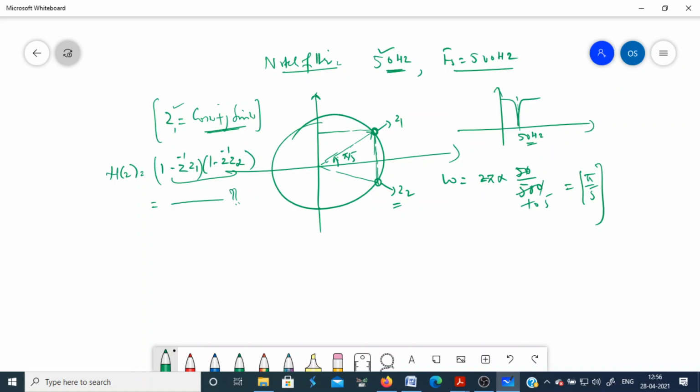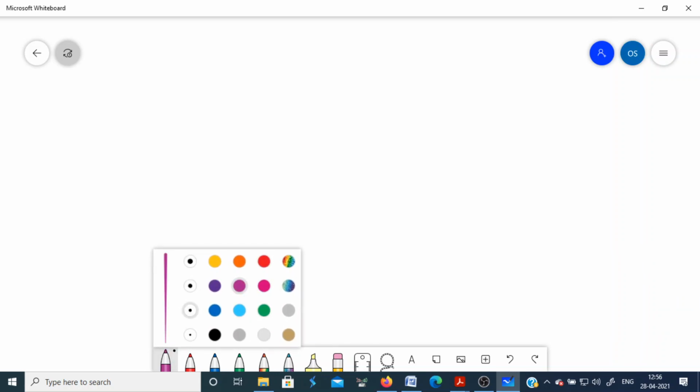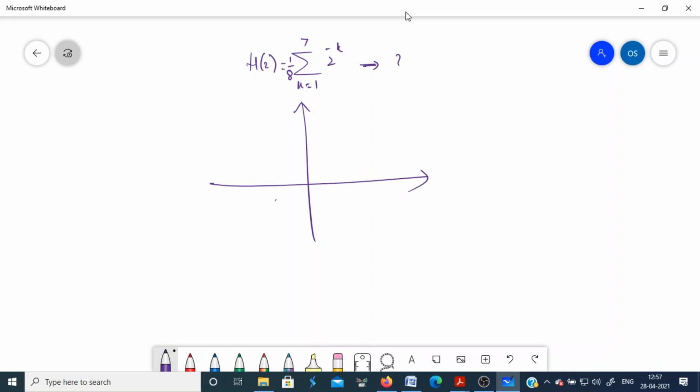Isn't it? This is the meaning of the placement of zeros on the circle. Now what we are discussing here is that I have an 8 length filter, which will have a transfer function like this: sum of z to the power minus k, k from 1 to 7, times 1 by 8, and this will give you 7 zeros. If you compute those 7 zeros, that I leave as an exercise for you,